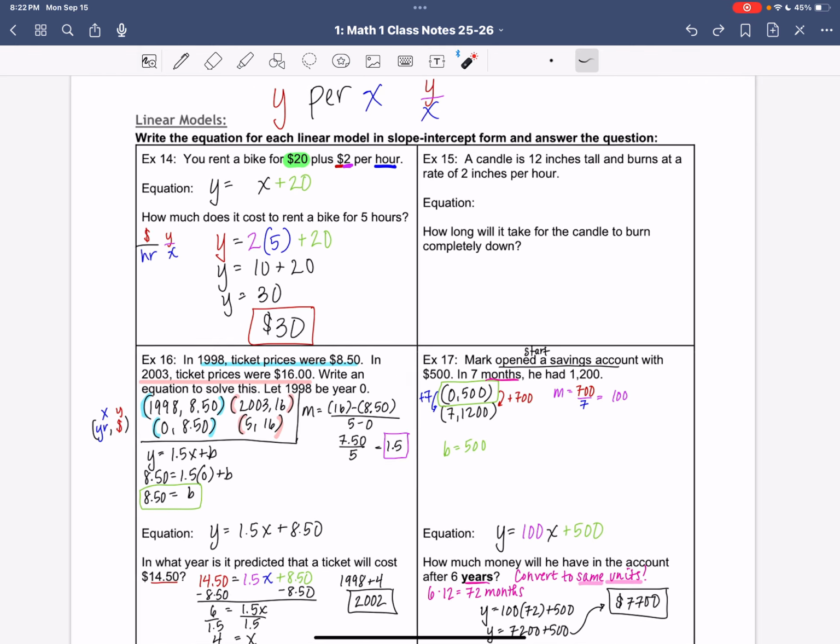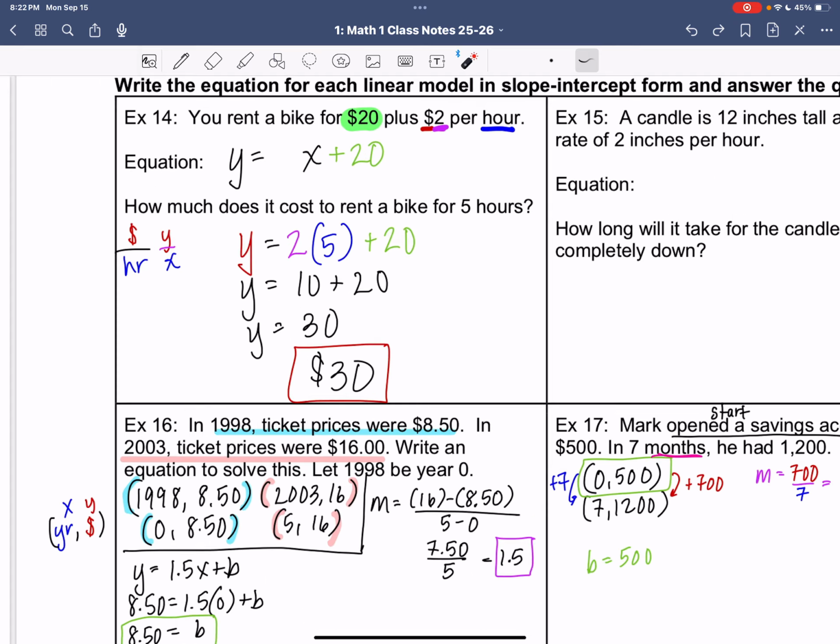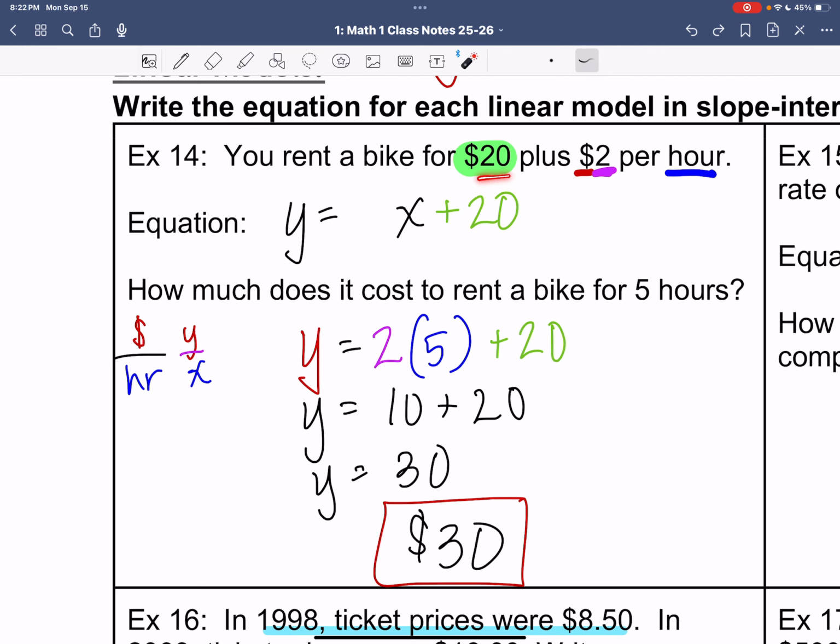All right, for linear models, when you're doing this, you want to write the equation for each linear model in slope-intercept form and answer the question. So if you rent a bike for $20 plus $2 per hour, this means you're multiplying, right? So you're going to multiply. So your equation,